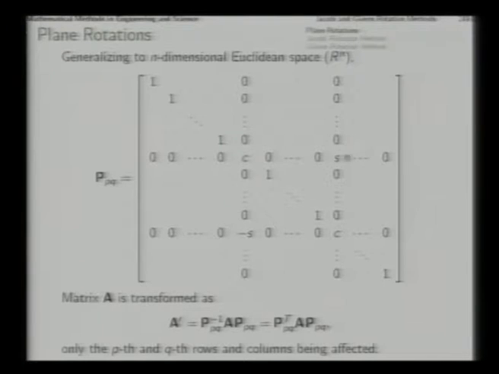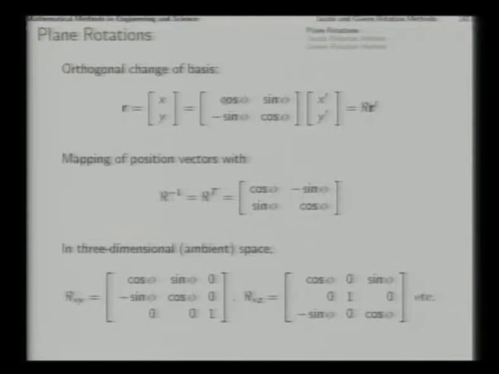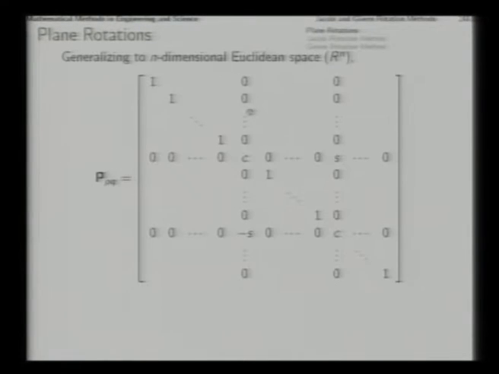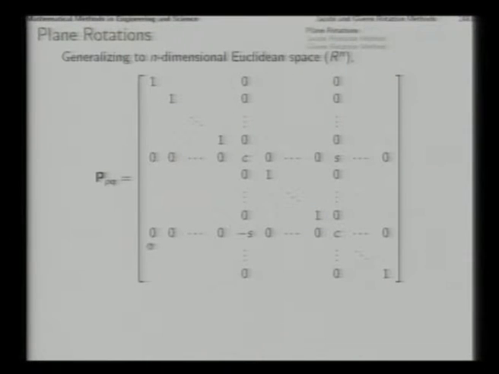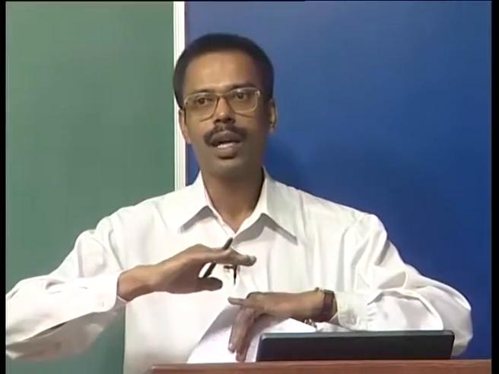Okay. So, this is the rotation matrix: cos phi, sin phi, minus sin phi, cos phi. The same 4 elements which were appearing here are appearing again here in those corner locations. Those 4 corners are the locations where there is any entry other than what is found in the identity matrix. All other entries with 1s and 0s are equivalent to the identity matrix. Now, this matrix pq is the plane rotation matrix in an n dimensional space, representing a rotation in the plane of the pth and qth axis.